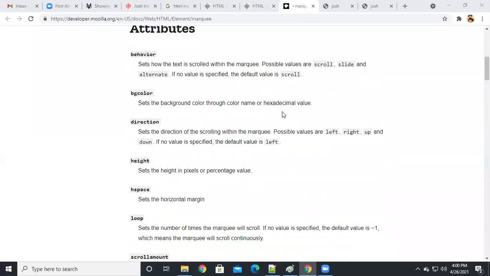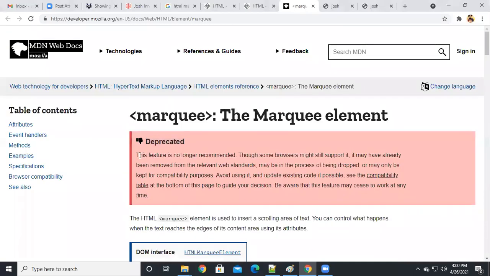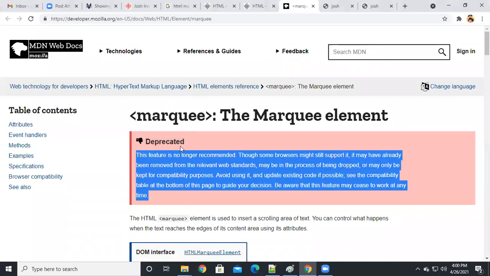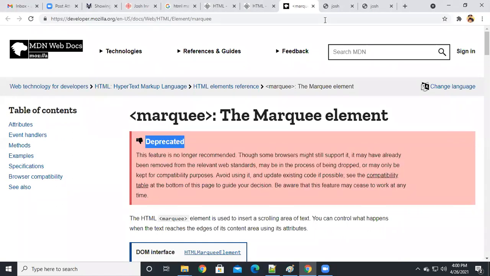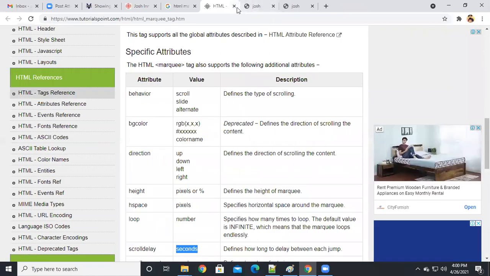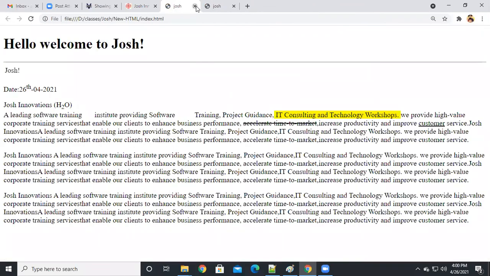So here giving a warning, right? Here giving an error. Why? Because it's deprecated from HTML. That's why we are not using it. But just remember, you can use it, there are some attributes. It's deprecated, right? That's why I'm not focusing on that element. Because in CSS we can write so many attributes, so many animation effects. We can use it very effectively using CSS only. So that's why we are not using this one.